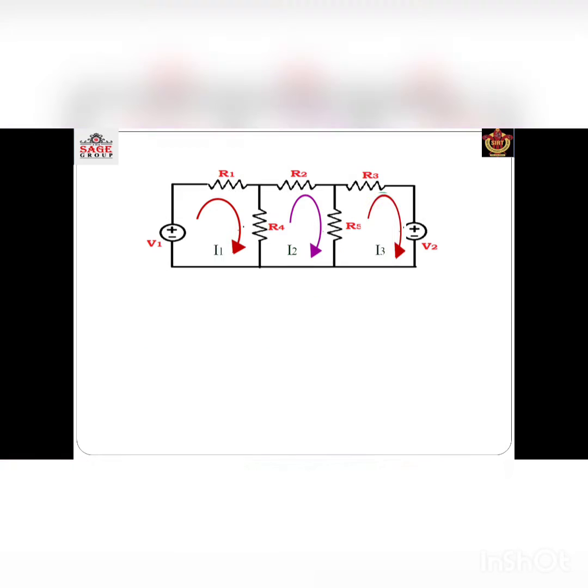Now we will write the equation for the loop 2. This is loop 2. Here we assume the current I2. तो लूप 2 के लिए जब हम इक्वेशन लिखेंगे तो इसमें भी वही प्रोसीजर है कि आप देखेंगे कि आपको कौन कौन से एलिमेंट यहाँ पर आपके लगे हुए हैं। तो यहाँ पर भी आपके 3 एलिमेंट लगे हुए हैं, R4, R3 एंड R5।